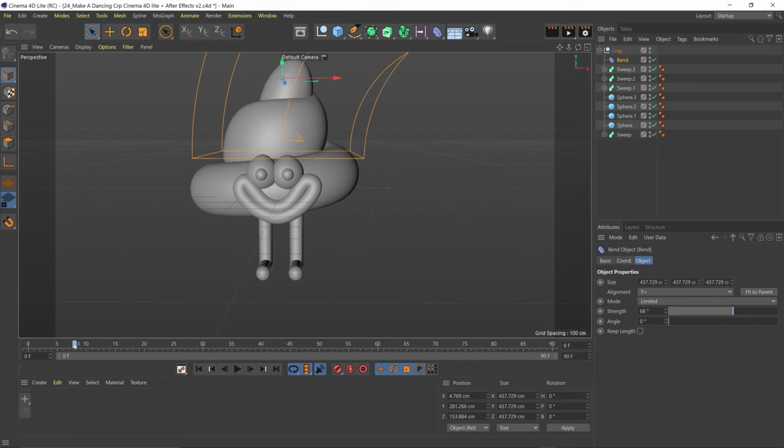And then all we need to do is keyframe the angle. So you can take this back to 0, add a keyframe, go to maybe 30, add a keyframe, swinging this top over to the other side, and then add a keyframe where it swings back. So then we get something like this,